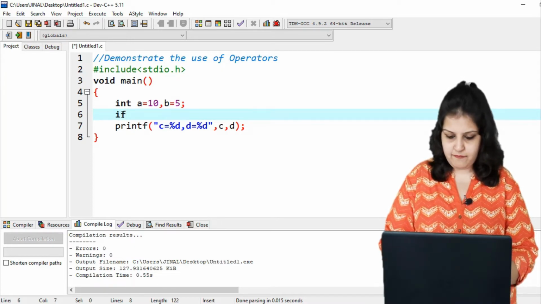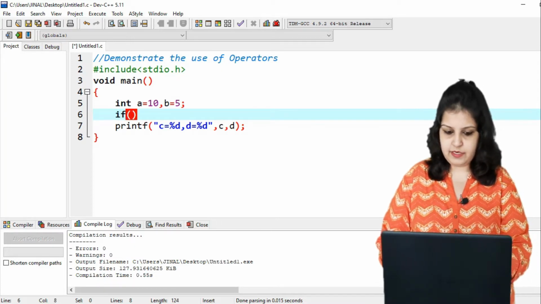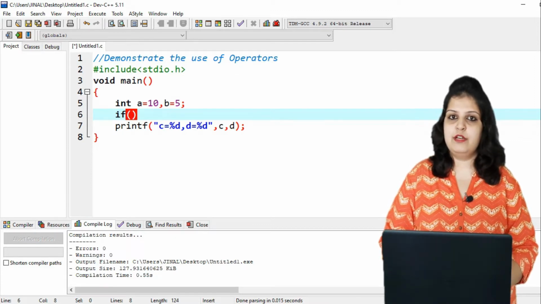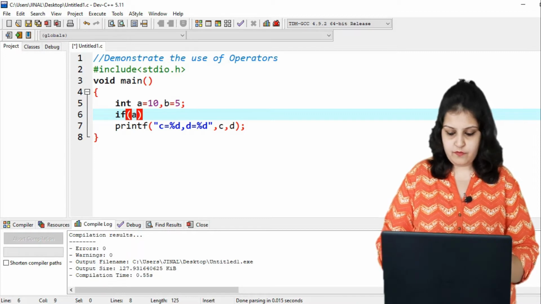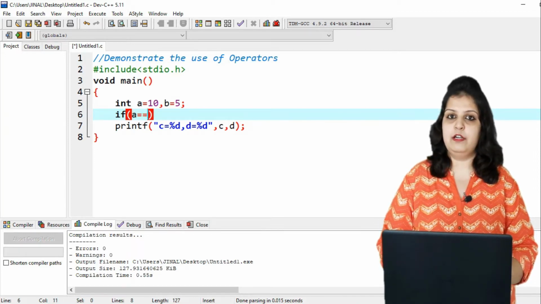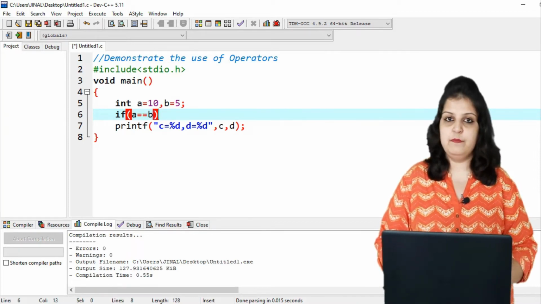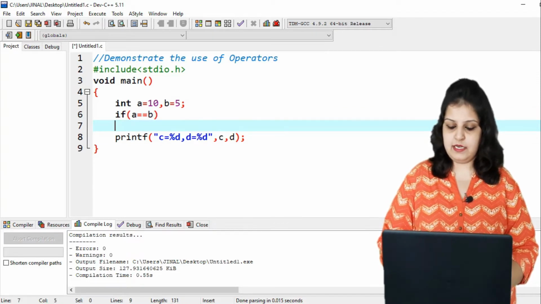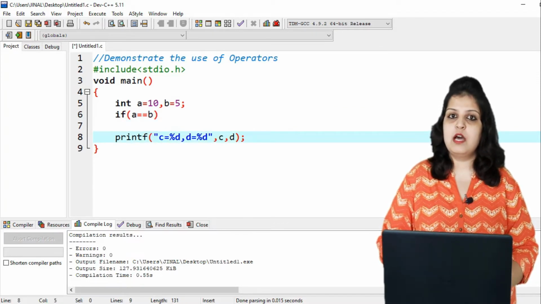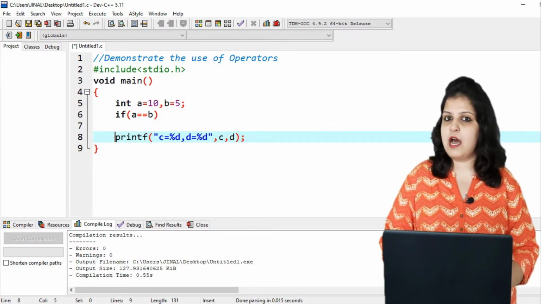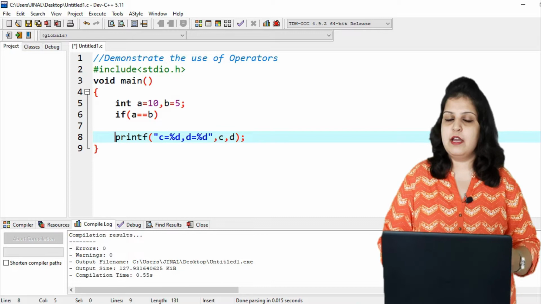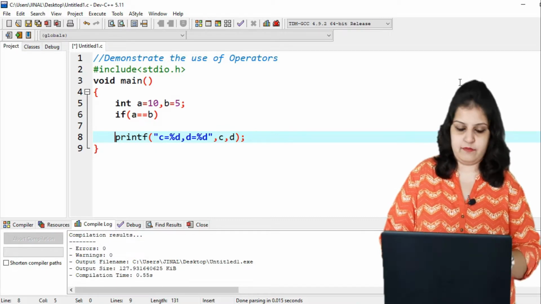So just write if, then in brackets we have to write the condition, and for checking equal to we have to use double equal to. A is equal to b. If yes, then in this case both are equal. And what will be the false part? If both are not equal, then we have to write in else that not equal.